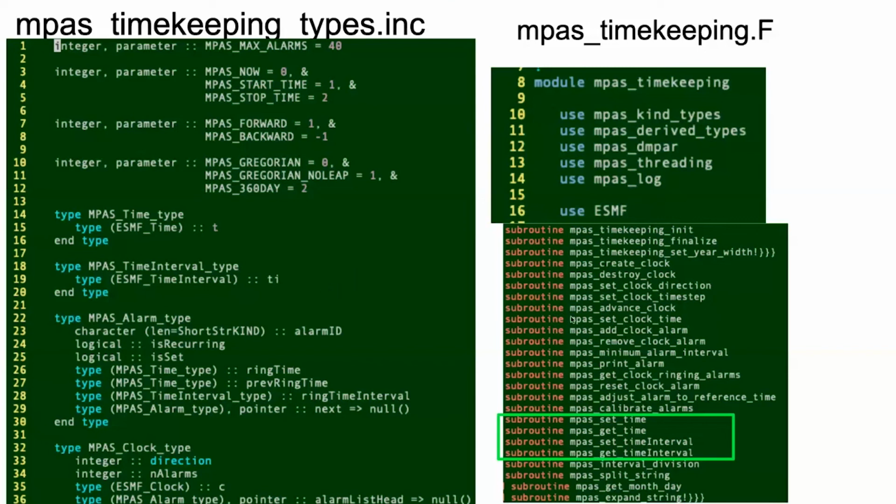And then on the right is the actual timekeeping module. And I just listed all of the subroutines it contains. There's also another about a dozen functions. So it's not just subroutines, it's both subroutines and functions. However, in practice, I find most of the time I need to do anything or modify anything, it's in one of these 4 routines that are getting or setting either a time or a time interval. And so I think it's kind of worth skimming through these 4 routines just to kind of understand roughly how they work. And again, pretty much all of these time routines are wrapping corresponding versions in the ESMF